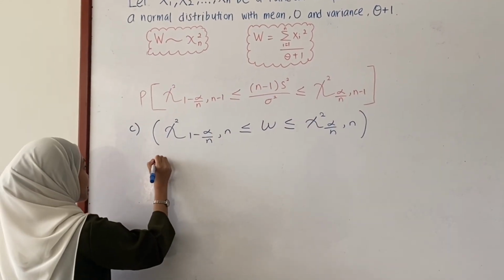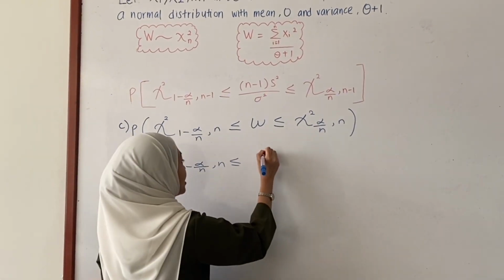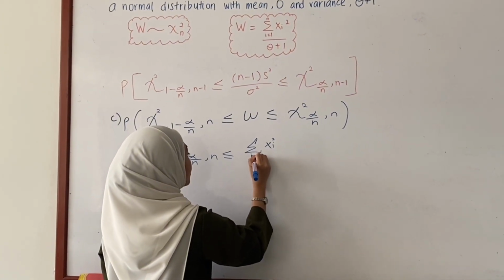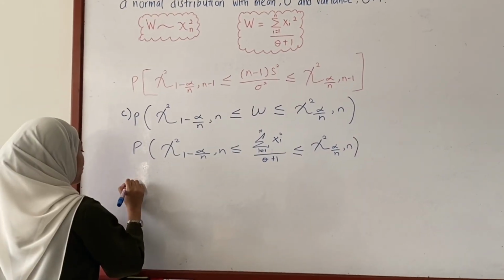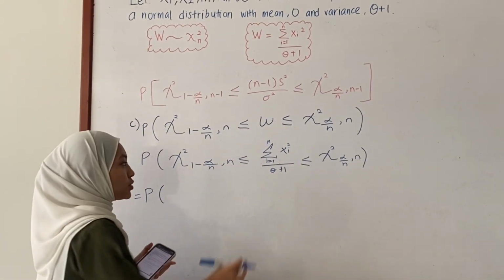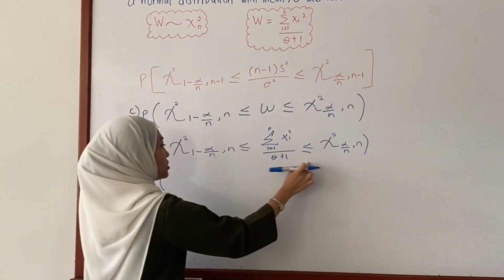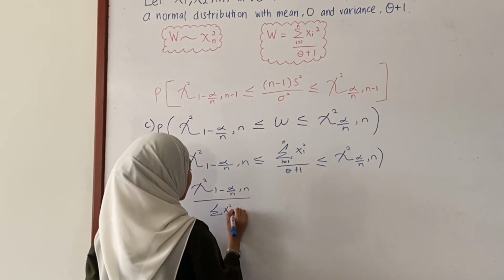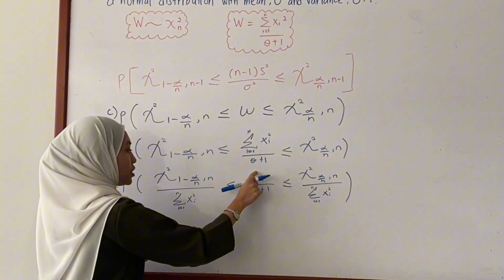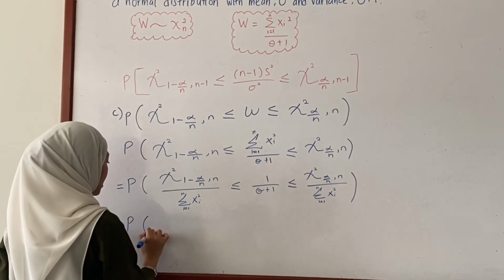Next step is we need to substitute the W. And this is the W. That's good. Moving on to the next step, we need to bring the summation of x squared here down to the left and to the right. Alright, for 1 here, we need to bring it to the left and to the right. Therefore, we will get